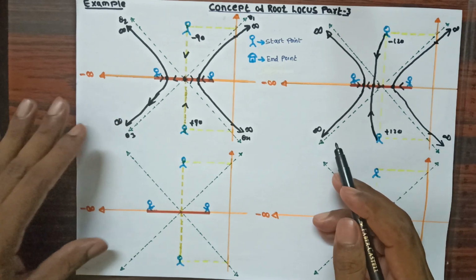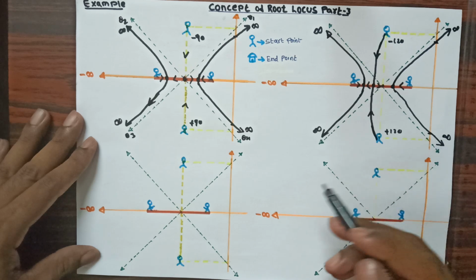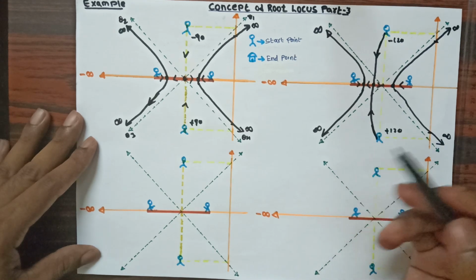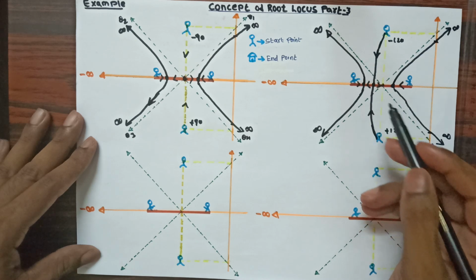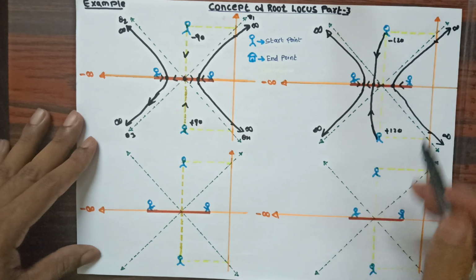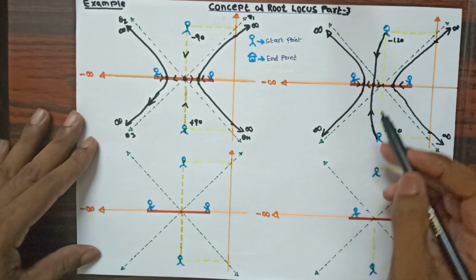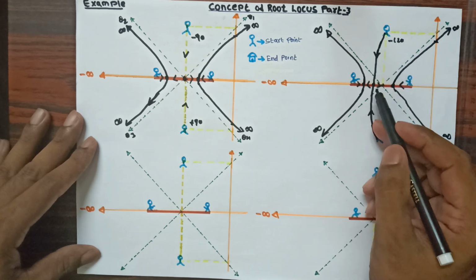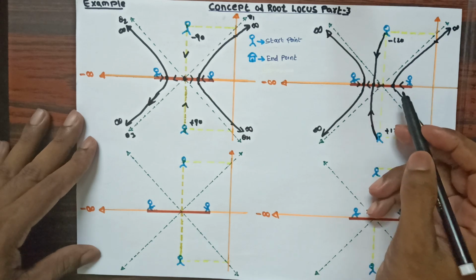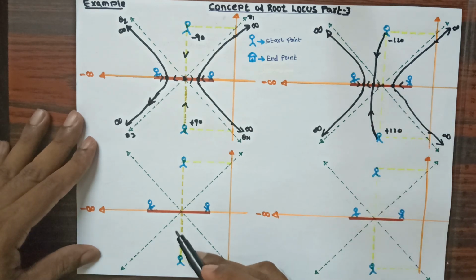So you need to check with the root locus method problem. Based upon that you need to decide whether these two persons have to come to the x-axis or not. In these examples I have provided the breakaway point, therefore these two persons have met at this point and then one went to the left hand side and the other went to the right hand side. In the next example,